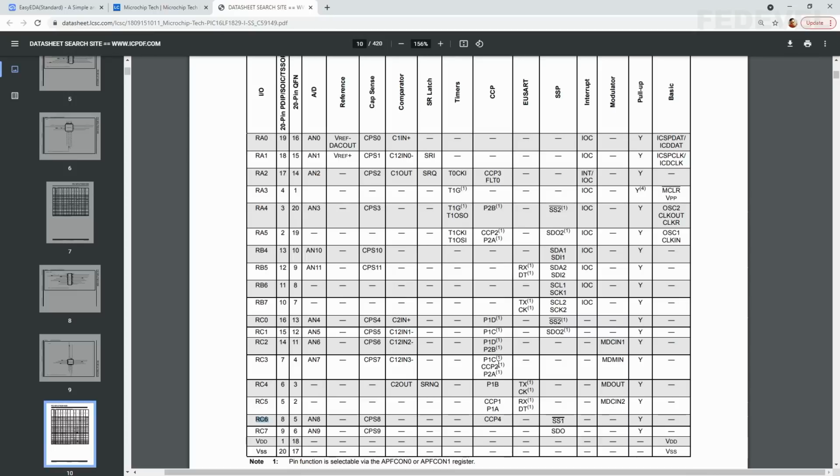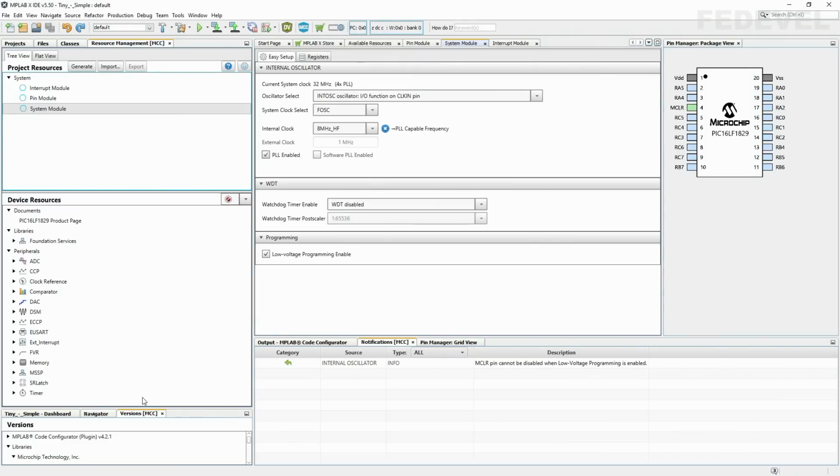So remember, this is very important. We will need to use CCP2, CCP1, and CCP4. Go back to MPLAB, and we are interested in these CCP and eCCP modules. These are the modules which can give the PWM feature or functionality to the pins that we are using to control the LEDs.